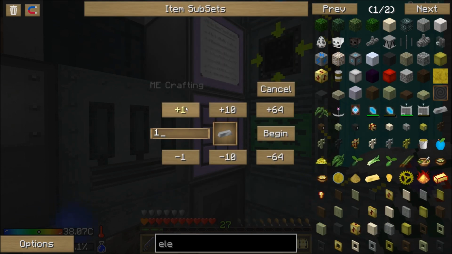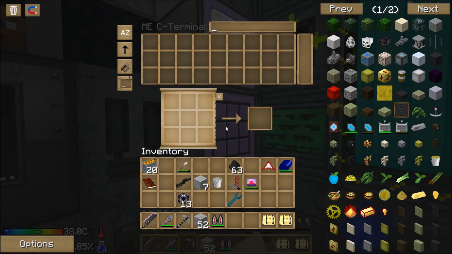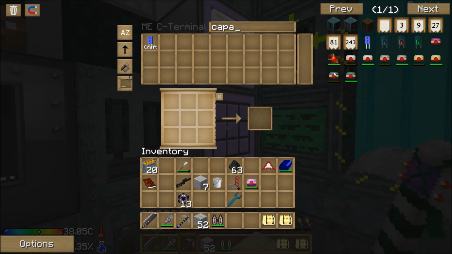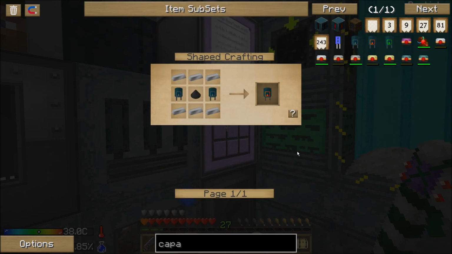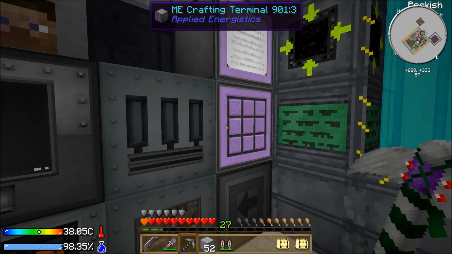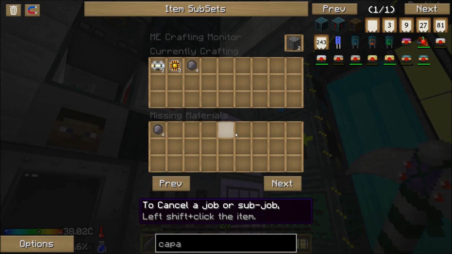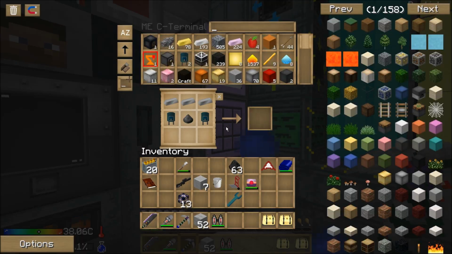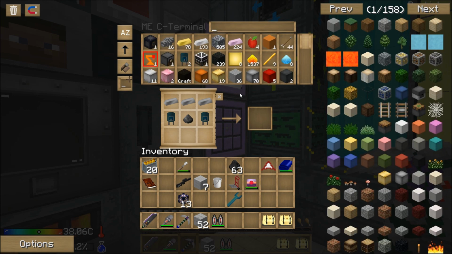Craft me, what do I need? Total of 11 more, I think. Yeah. So now, capacitor, I need 1, 2, 3, 4 of those to make 2 of those to make 1 of those. So now I should be able to make, not quite, I need more. I need to wait for this to get done. And while that's getting done, is this getting done? I need silicon. Okay, that's going to require some